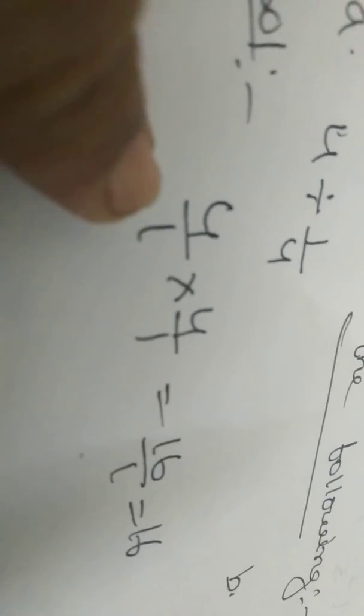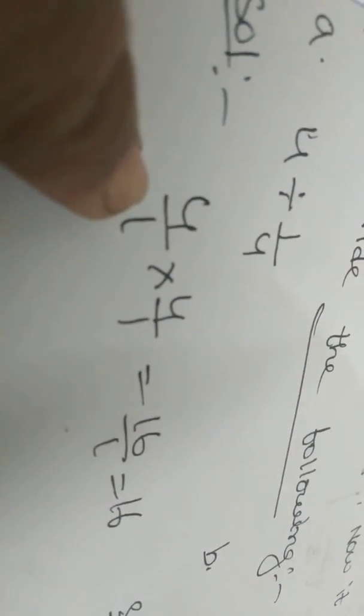Next, divide the following, they said. First section is using diagrams. I have explained two diagrams in the example problems. You need to work out all problems like that. I have given them in the notes. So let's check. Next, divide the following. 4 divided by 1 by 4. Same, we need to do it without a diagram. They didn't ask to use a diagram. So directly we can do it here.